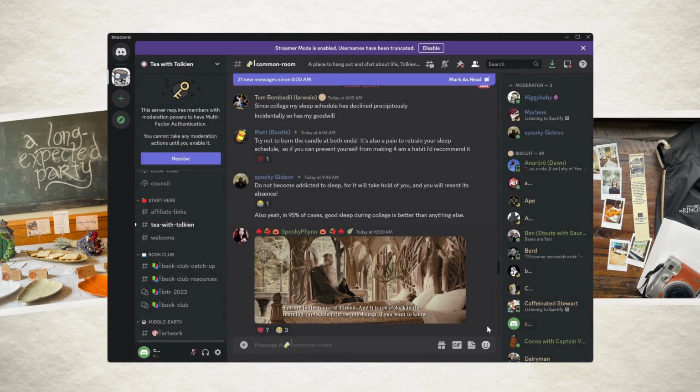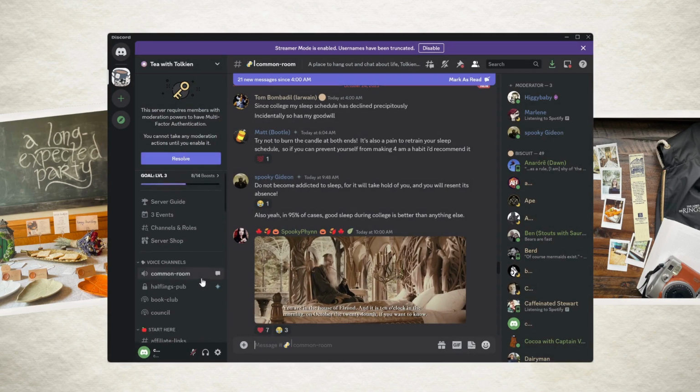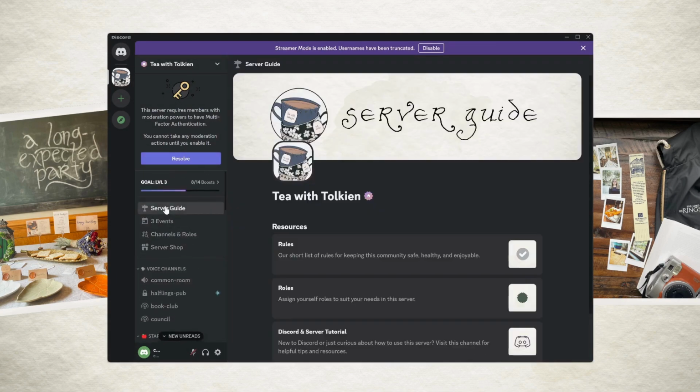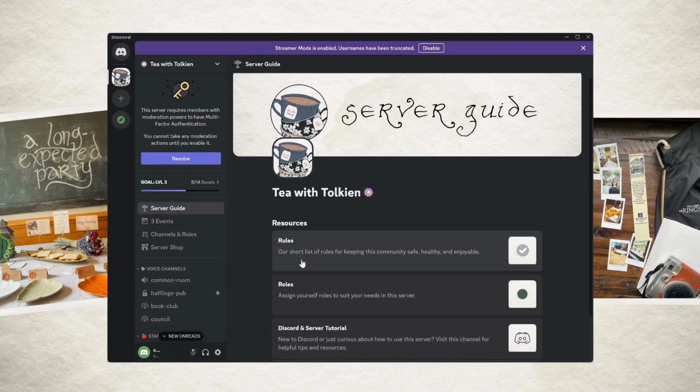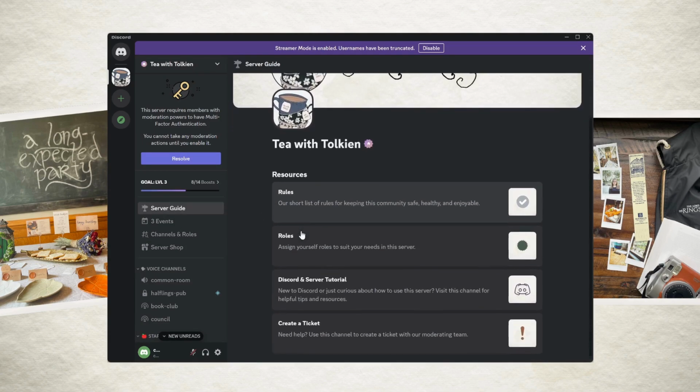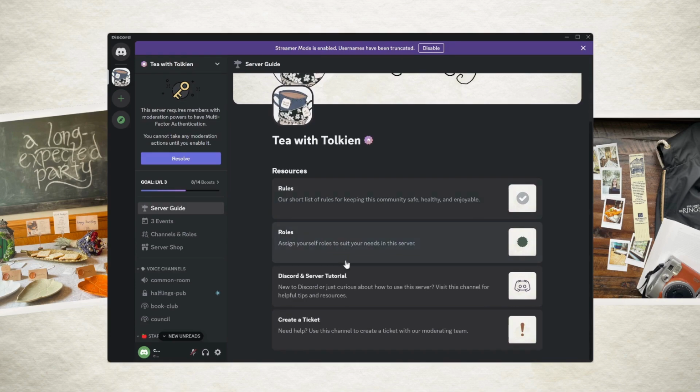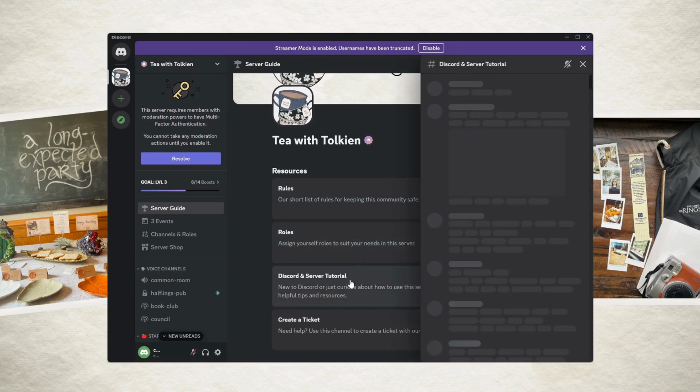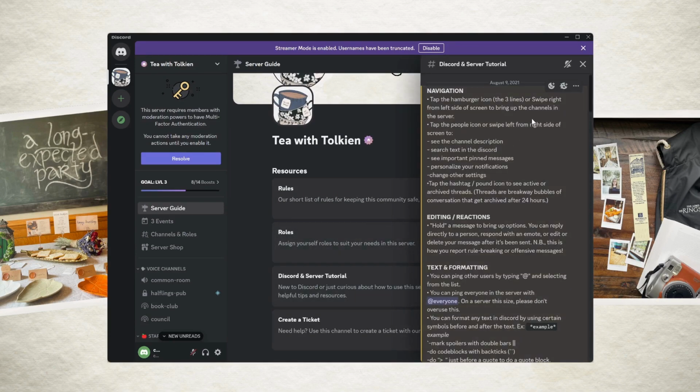The common room is where everybody hangs out and has general chats. Next, we can go back to the server guide, which is something that comes in handy throughout your time in the server. We've got rules, roles, and a Discord tutorial. This is really lovely if you are unfamiliar with Discord in general, as there are a lot of different functions